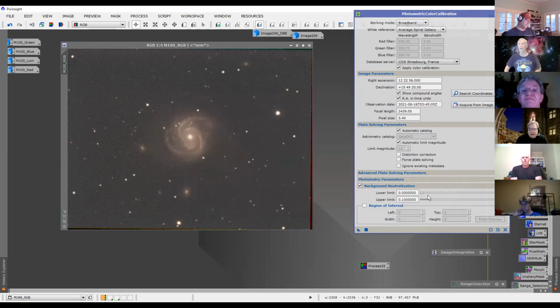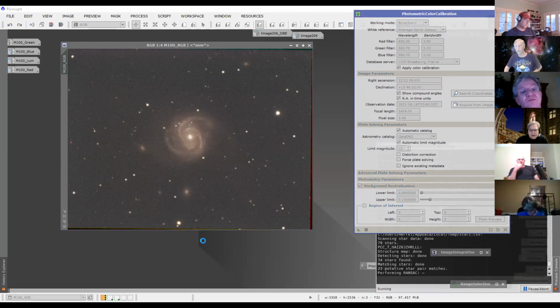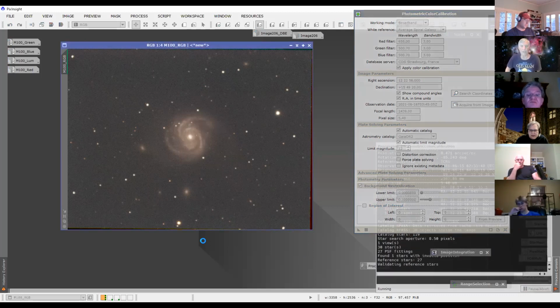All right, so we're going to execute. It's going to compare the colors in these stars and galaxy and everything to the standard white, and try to match them up to some curves. And theoretically, when it gets all done,